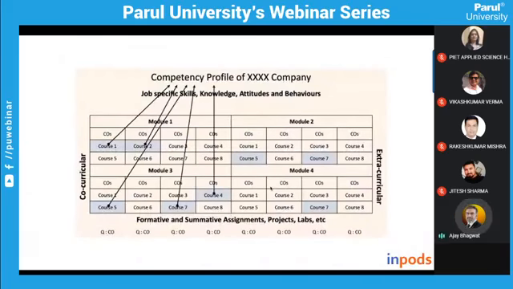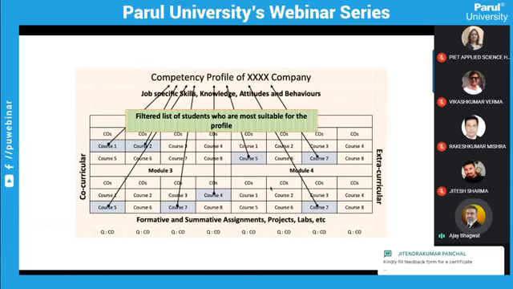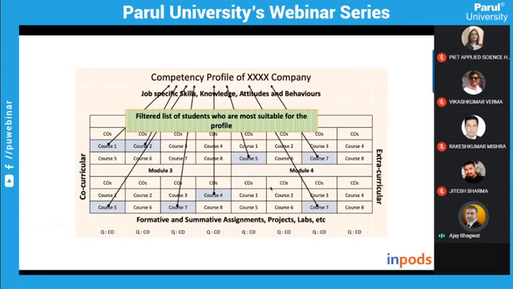So, as I mentioned earlier, if you do the design of OBE correctly, it is possible for you to also improve the employability outcomes of the student. So this is the idea here. The idea is to try to identify how many courses are important from the perspective of a competency profile given to you by a company. So the highlighted courses, according to you, are important for one of the competency profiles.